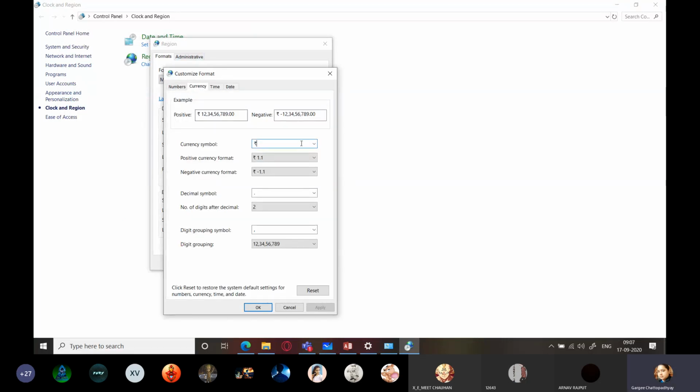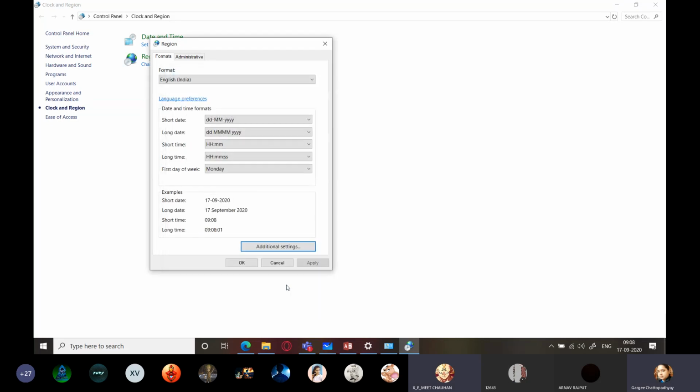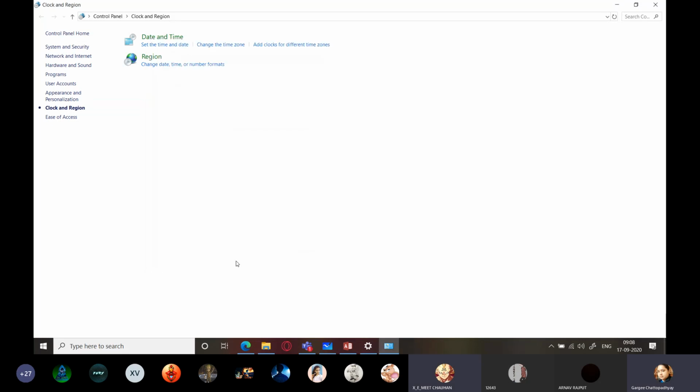Okay. And here you type using the right side alt key, that is alt GR and 4. The right side alt key plus the numeric key 4, the one on which the dollar is written, press both together, you will get the rupee sign. Okay, ma'am. Click on OK. Right side one? Yes, right side alt key, which is also known as alt GR.